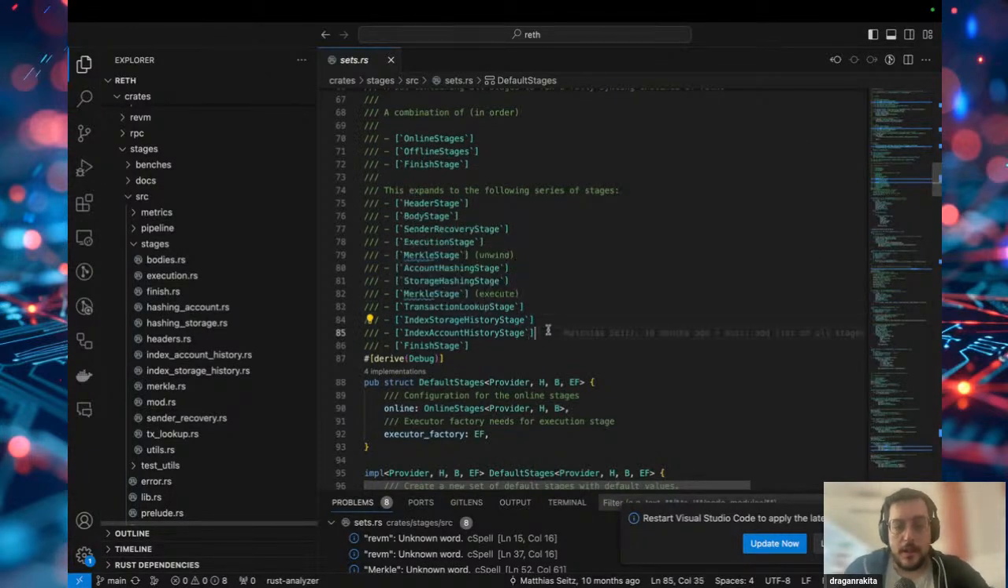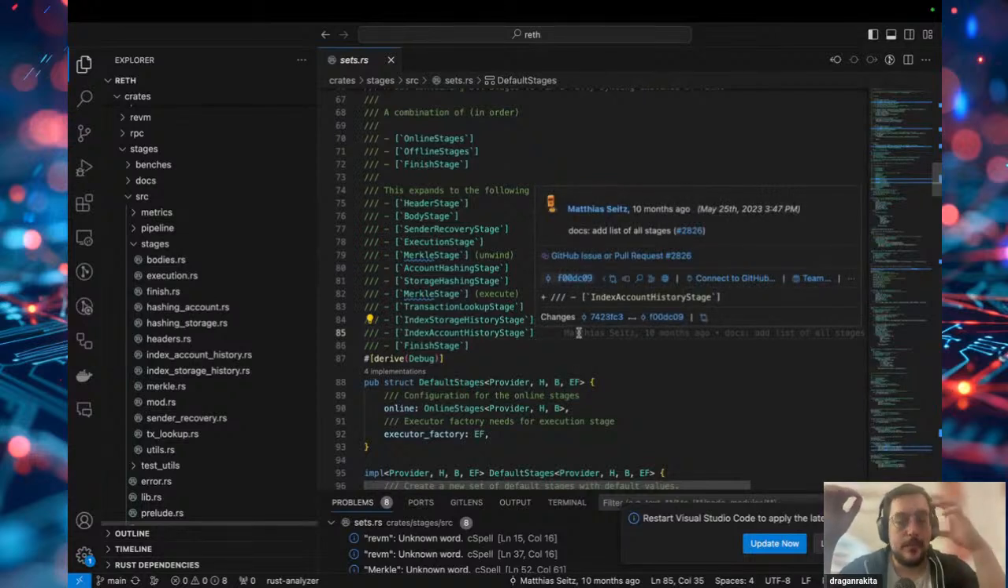After that, we have this helper stage. It allows us to do transaction lookup. After that, those two stages allow us to access any history data. Basically,